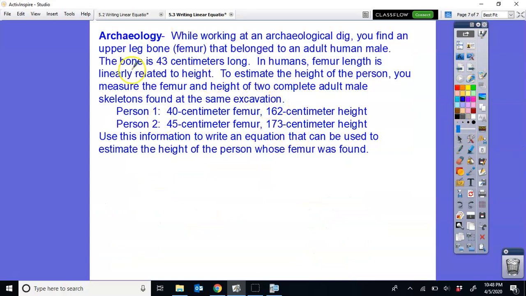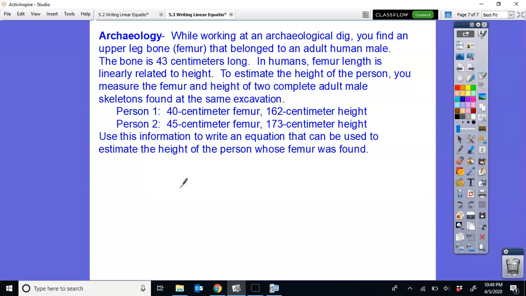This is an example from archaeology. It says, while working at an archaeological dig, you find an upper leg bone, which is called the femur, that belonged to an adult human male. The bone is 43 centimeters long. In humans, femur length is linearly related to height. Again, there's that word linear, right? To estimate the height of the person, you measure the femur and height of 2 complete adult male skeletons found